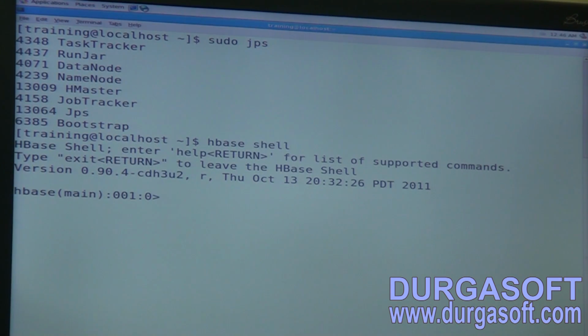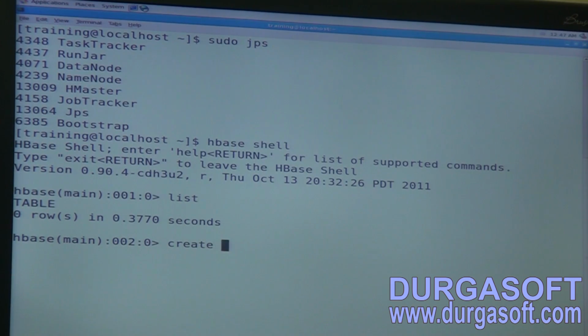Fine. Okay, is it taking you to HBASE or not? Right? Okay, so first I'll give list. Do you have any table here? No, right? So what I have to do now, I have to create one table here now. Create, I'll give some test, comma,